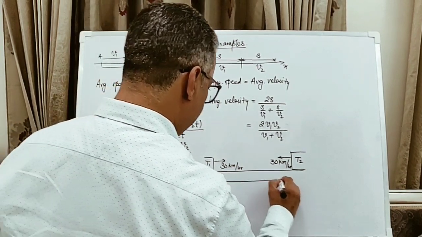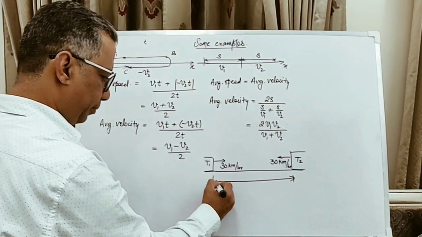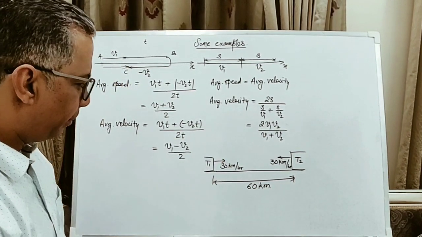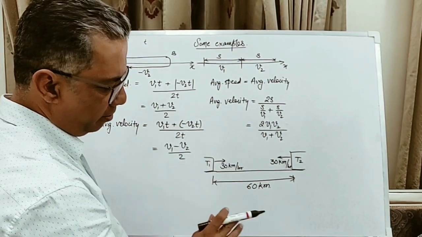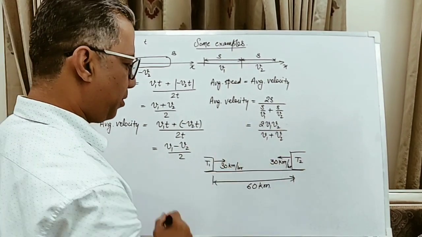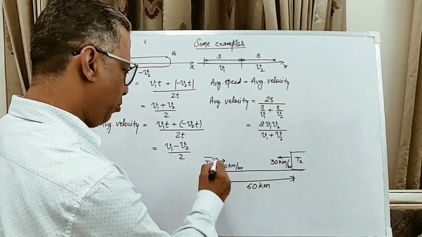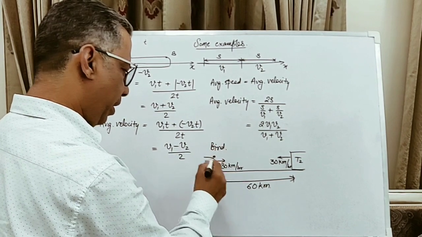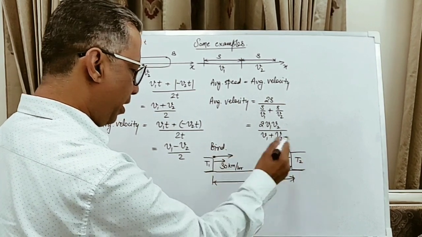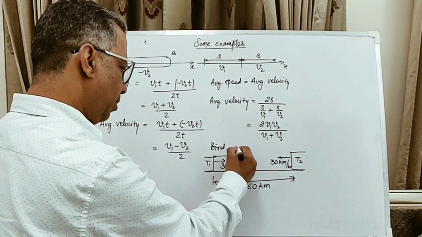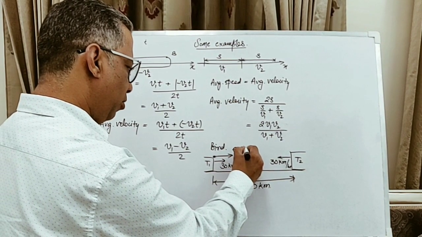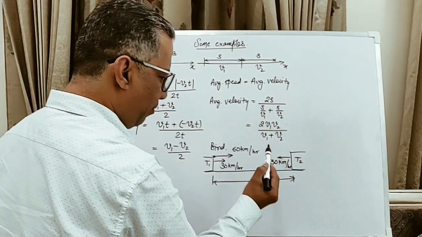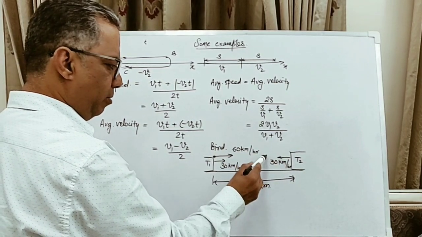Now initially the distance between these trains is 60 kilometers. Now at this instant, when we have started looking at this motion, a bird on this train takes off towards the second train, moving all the time with a constant speed of 60 kilometers per hour. Now the bird goes all the way here, and somewhere over here it collides with train T2, and